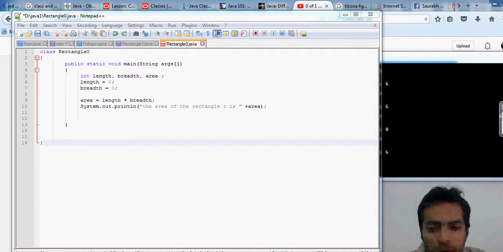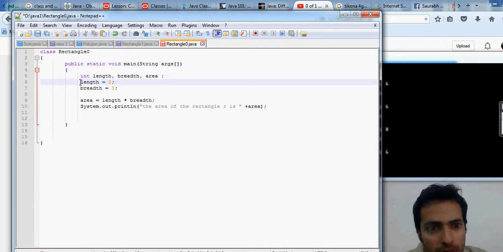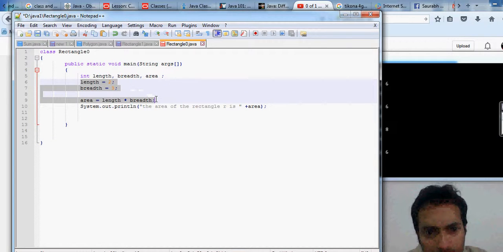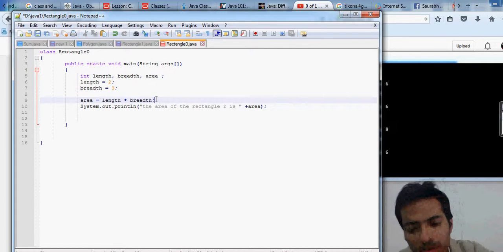Now suppose we want to have two rectangles, and both these rectangles will have their own dimensions, their own length and breadth, and respective area. So we will now have to measure the area of both these rectangles. For this particular reason we will have to assign them values first of all, and then we will have to measure